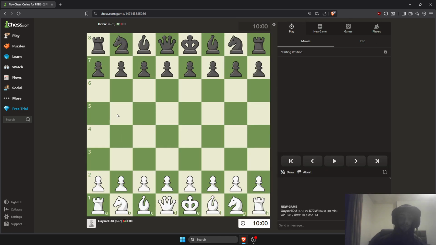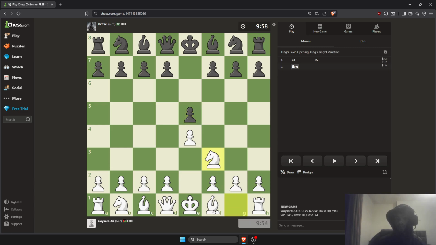So we're gonna jump right into our next game. And we're gonna keep it simple. We're gonna play the move e4. Our opponent plays e5. Gonna play knight to f3, knight c6, and I could play a Scotch, which, believe it or not, I am 2200, which is not that good of a rating,